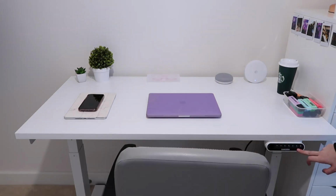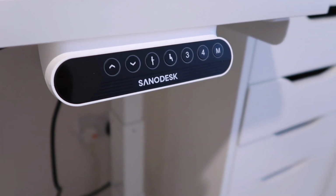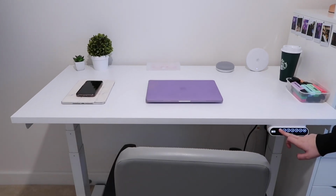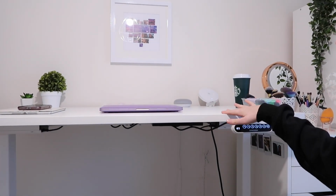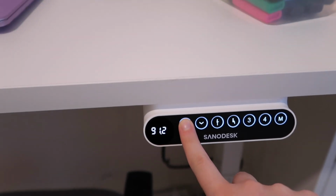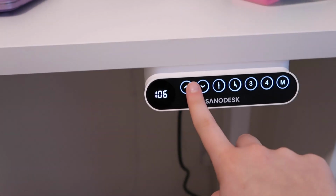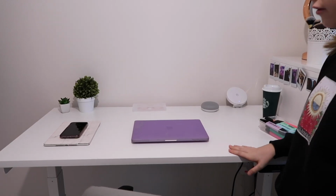So it's all controlled by this LED panel down here, and then you can literally just press this button and it will start to move. So as I hold it in, this is how tall it's going to get. So as you can see, the height position has changed so much. This is a bit high for me right now, but I just wanted to show you it can go higher. But obviously I have a photo frame on the wall, and you can easily set this to be your standing position. And of course I can lower it back down to be this kind of sitting height,